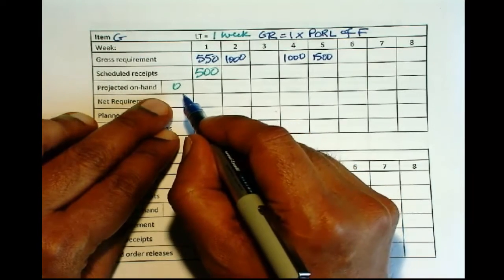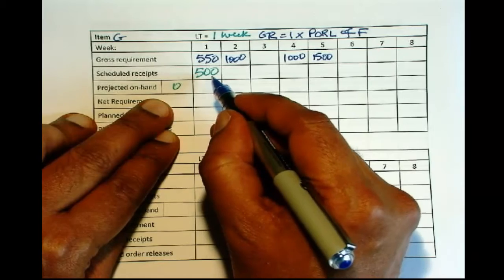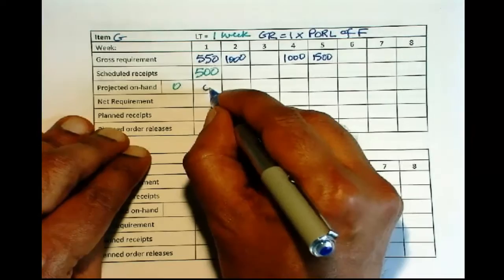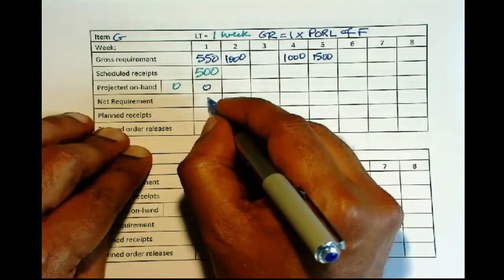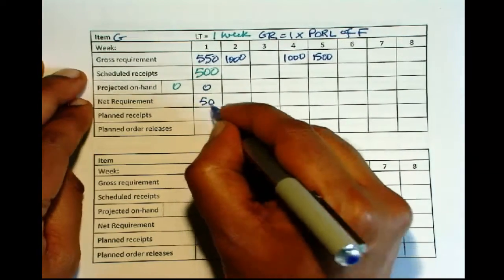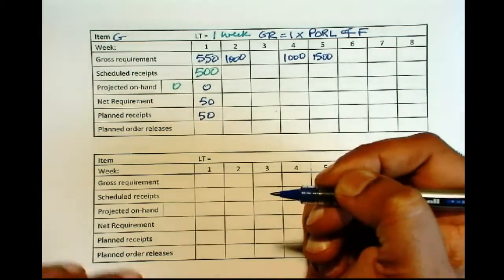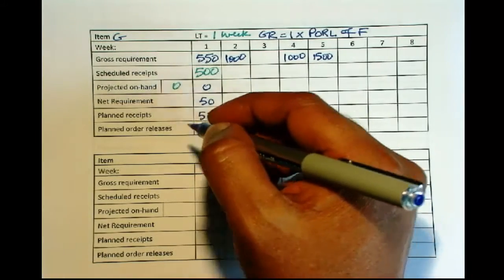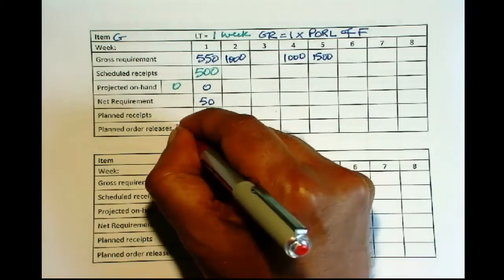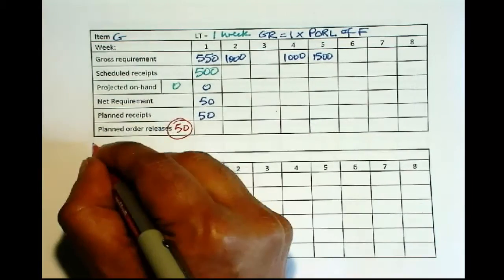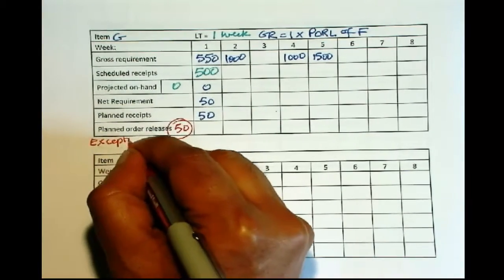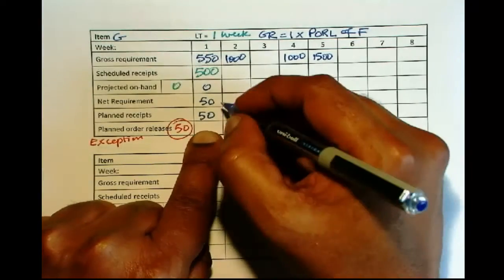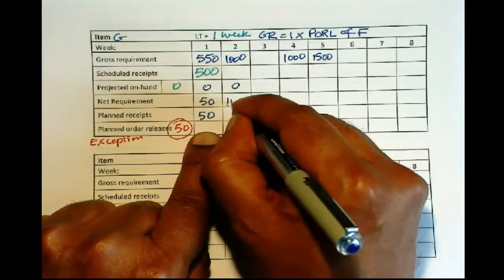So now we have 500 as the scheduled receipt, but we need 550. So we have a net requirement of 50, planned order receipt of 50. We have 1 week lead time, so this is an exception case. Let's make a note of this. We do not have sufficient lead time for this. So then we have net requirement